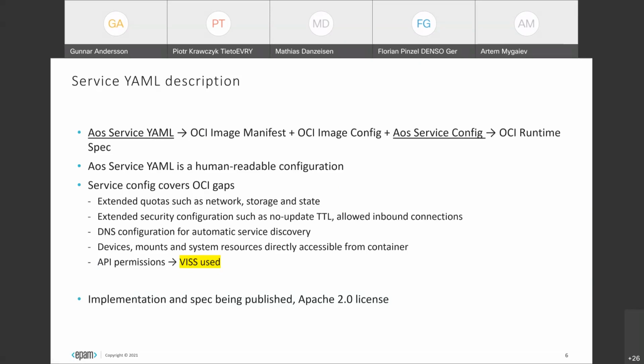The gaps are examples like extended quotas on an embedded device. You really care about not only CPU and memory, but also storage consumption, intermediate state of the service for stateful services, network traffic, network speed, priority for the traffic itself. There are also extended security configurations like a TTL for when a device is not updated for a year. You may consider that vulnerable, so you can have a TTL so that the service will stop working. With restricted and bound connections, and allowing inbound connections only for very, very corner cases, and other things that fall into the category of secure configuration, and